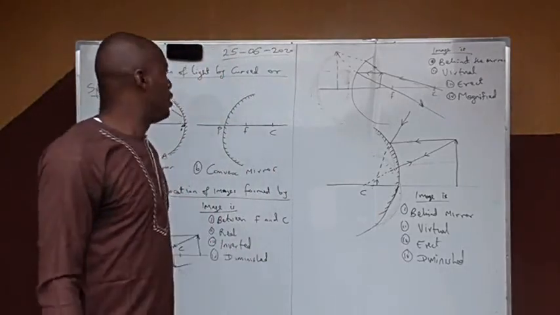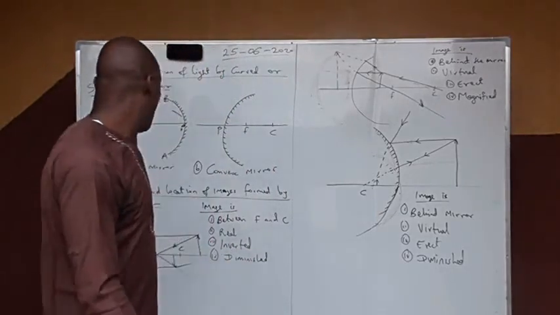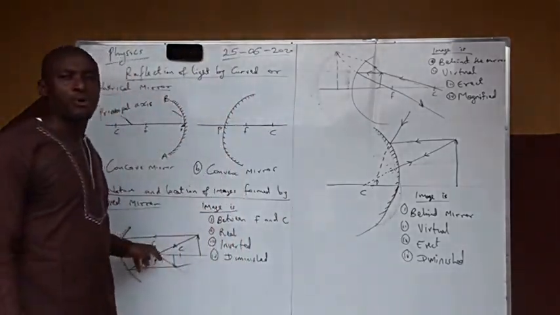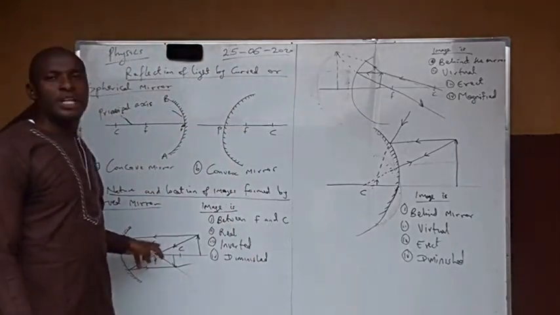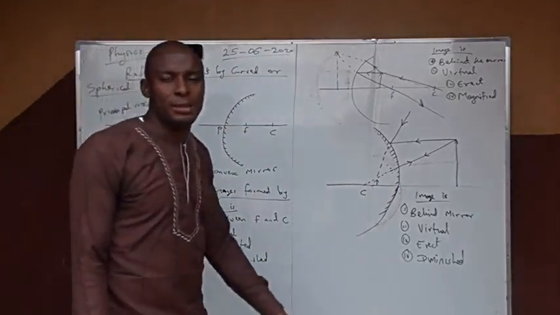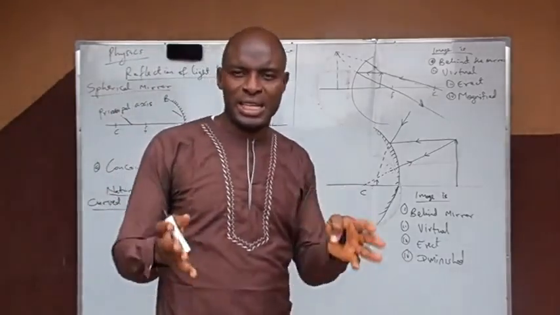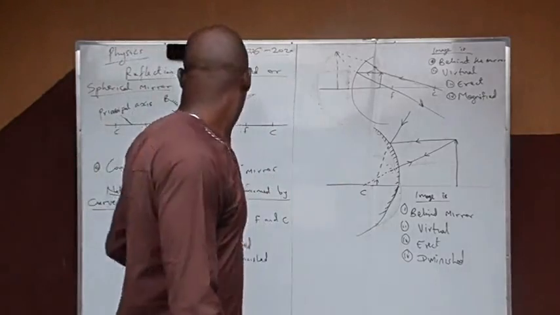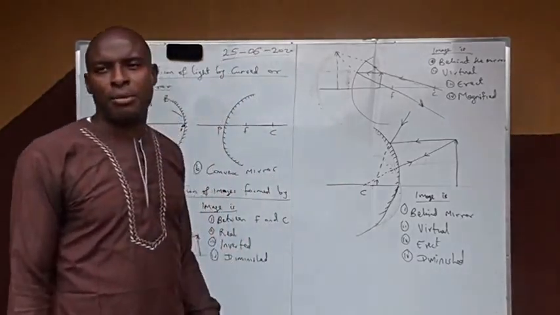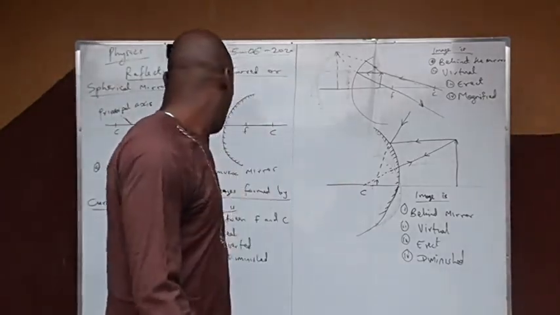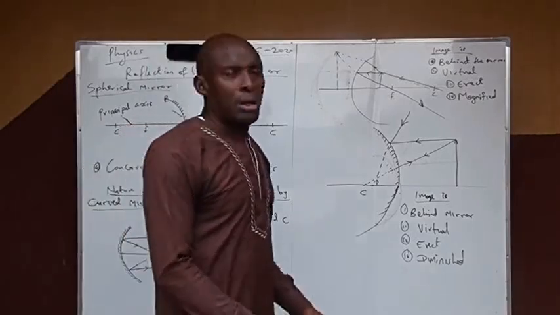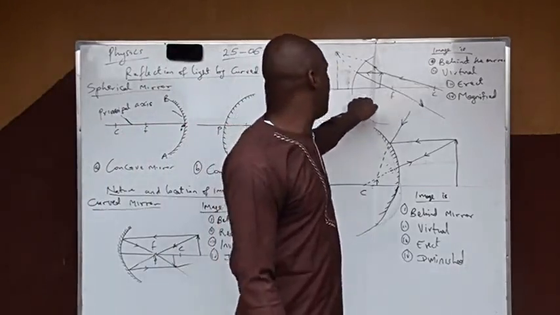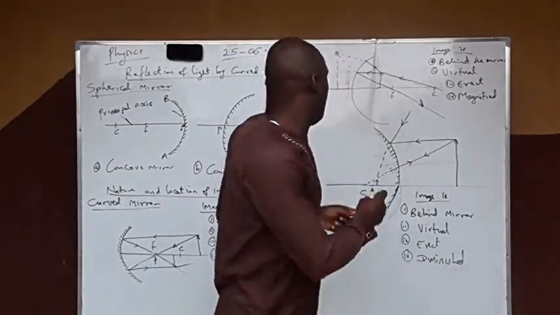We also have the kinds of images formed when the object is at the principal focus. In that case, the image must be formed at infinity. When you see your note, you will understand all these things. It will form at infinity, it will be magnified, and it will also be inverted. Now, you can see another example I gave, when the object is between F and P.